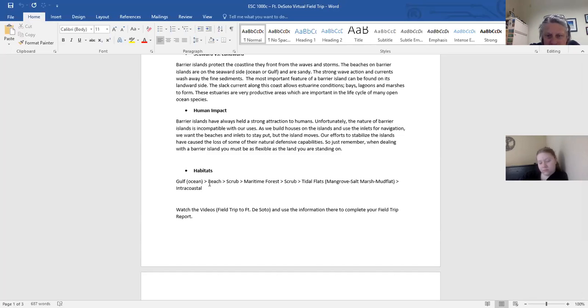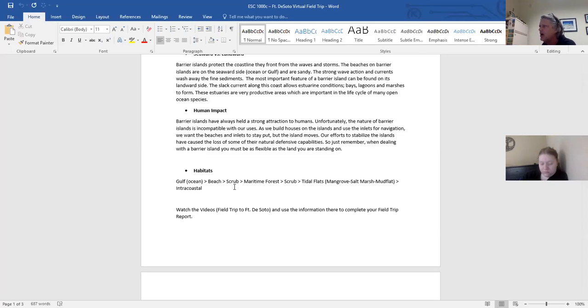The back beach is the sand behind it. And then the beaches terminate with dunes. Dunes are mounds of sand covered with plants. Behind the dunes, you generally have a flat area, which is scrub. In the scrub, we commonly have cabbage palms and sea grapes. Cabbage palm, incidentally, is Florida's state tree. Sea grapes. On the dunes, you typically have beach sunflowers and sea oats and things like that holding the dunes